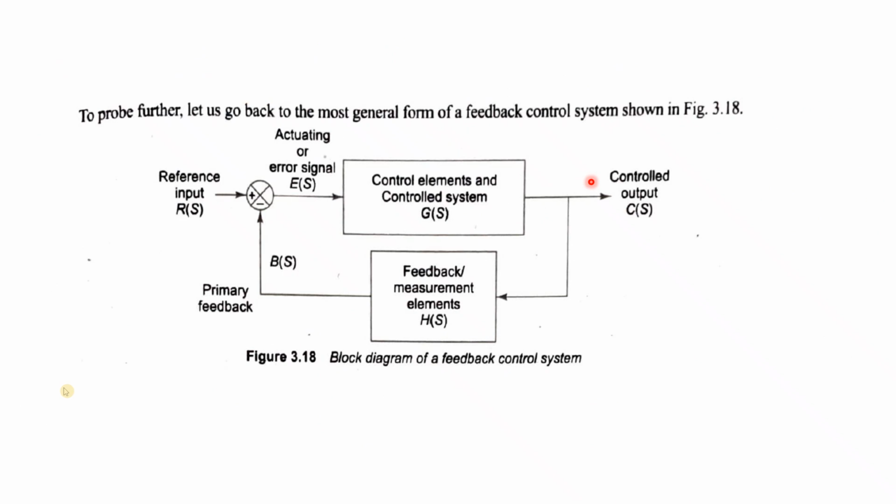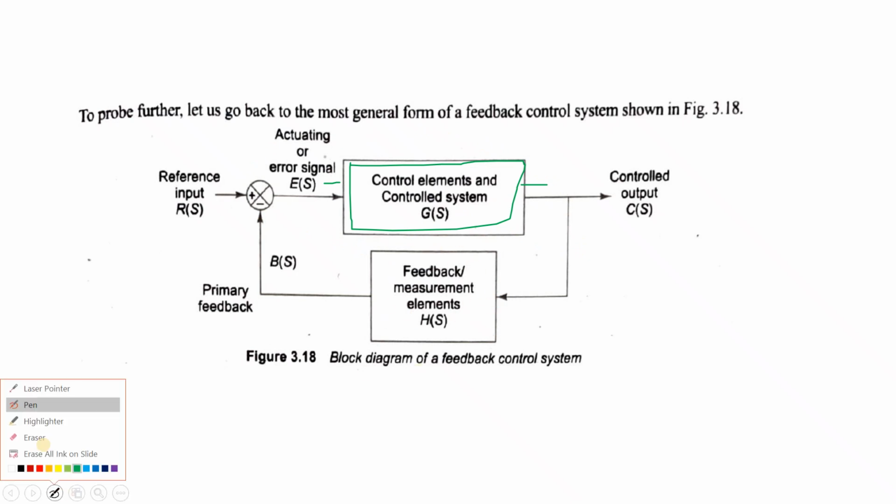Now if you take a basic block diagram of a closed loop system, it looks like this. Over here, this part is the open loop block. Earlier there was only one open loop block, with an input and an output. But for a closed loop, a feedback is also included along with it. There is a feedback also.